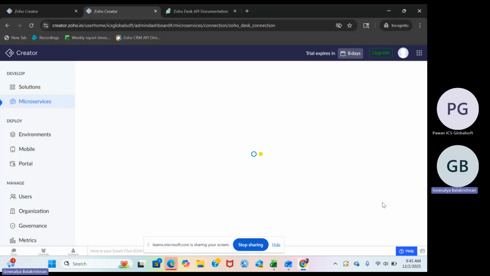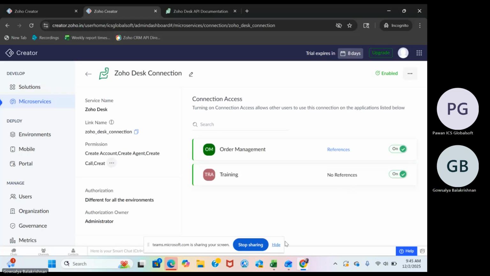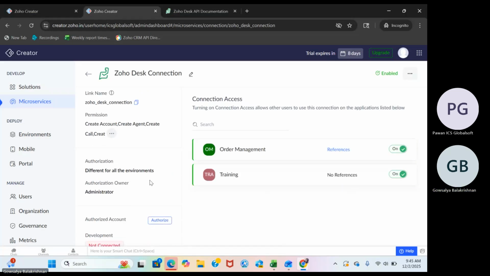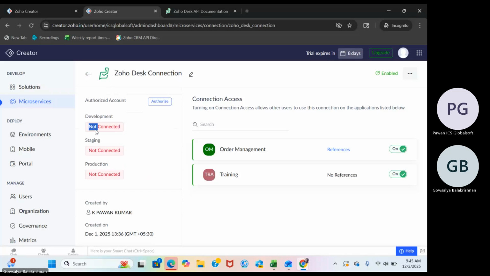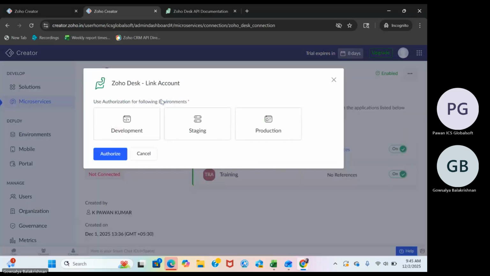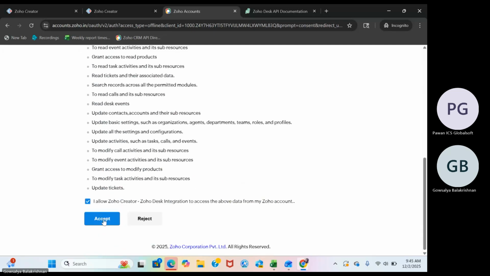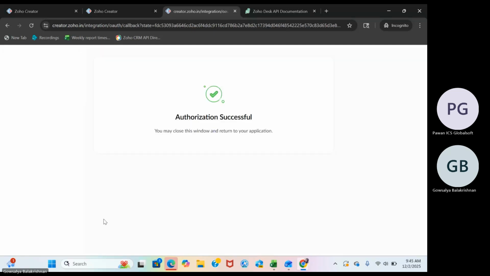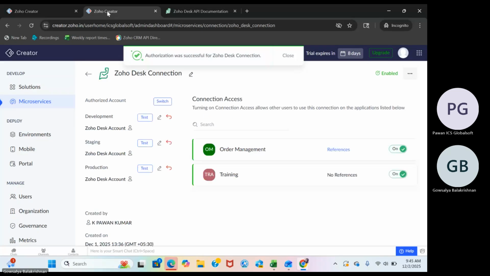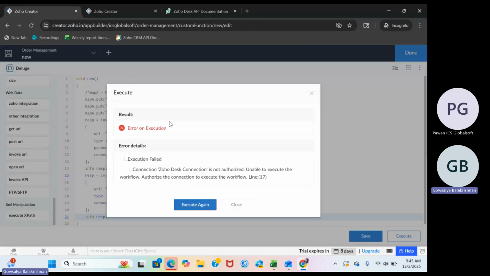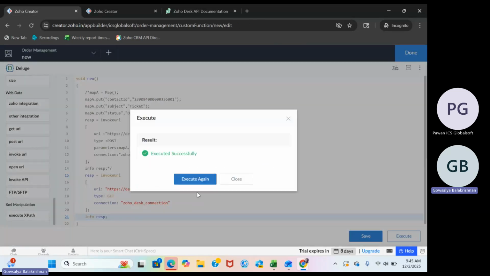It is not connected. Okay. So if we execute now,